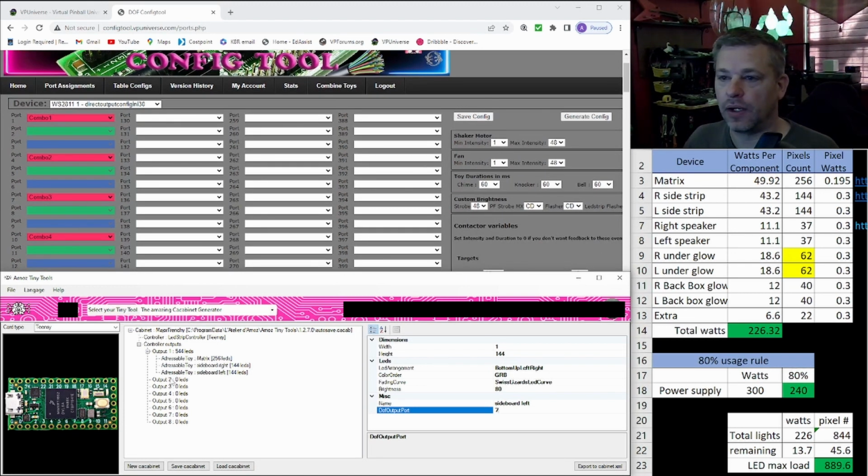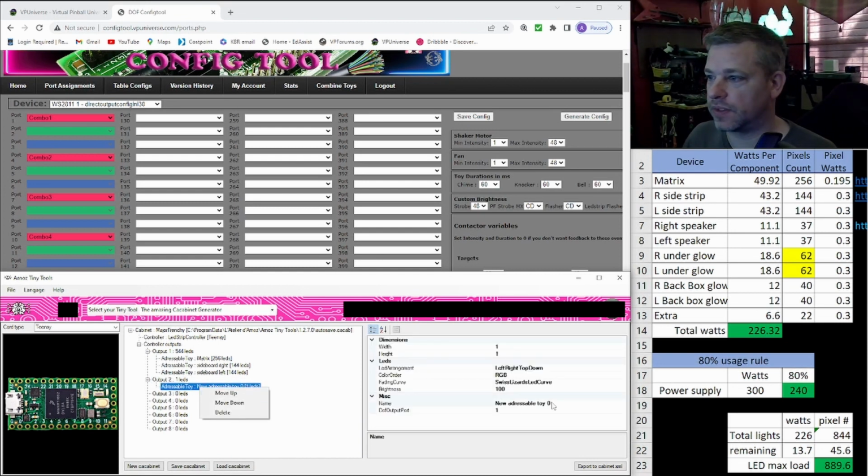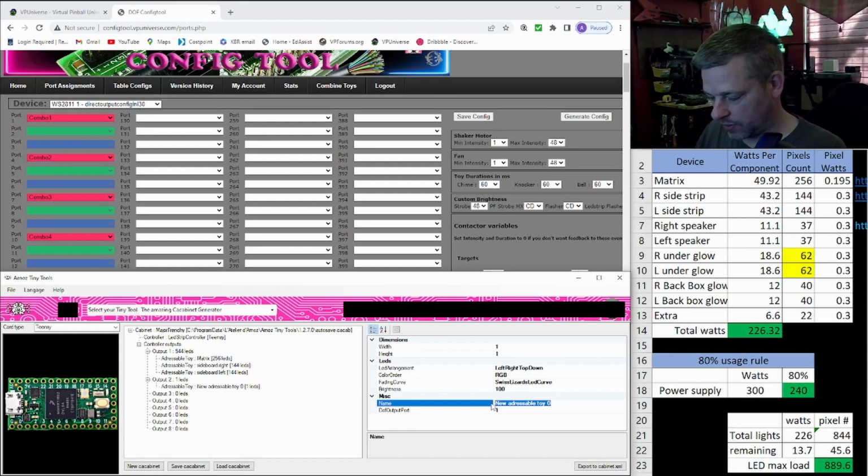All right. Now for output number 2, I'm going to make this all of my backbox toys. That's why I had the lights and the backbox lights on there. So we are going to add new. We're going to start with this. I'm just going to give it a name so I remember what I'm working with. So right